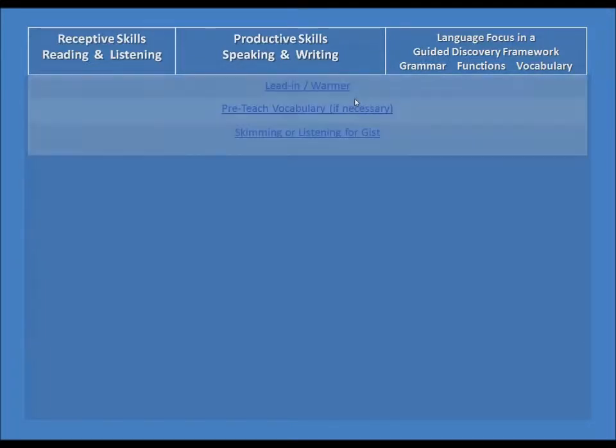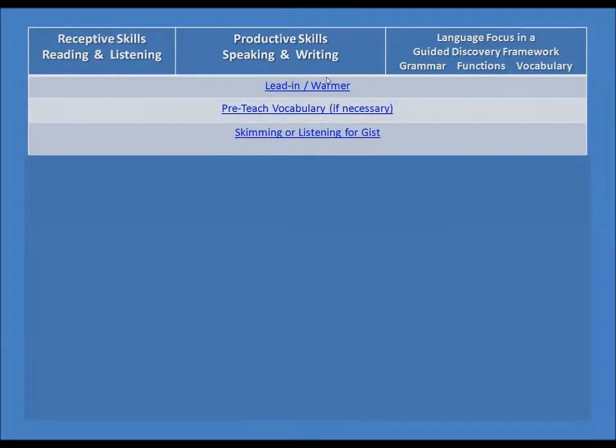We saw that the first three stages are common to all types of lessons when we follow a guided discovery framework. We looked at the fact that we would start a lesson with a leading slash warmer, that we would then have a pre-teaching vocabulary stage if necessary, and that this would be followed by a skimming or listening for gist stage. And the reason for this is because in receptive skills, reading and listening, then the text, we would